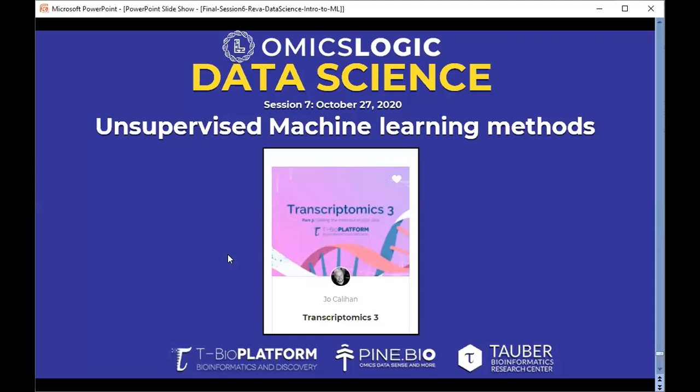In tomorrow's session we are going into details of unsupervised machine learning methods, and we will demonstrate how we can employ them on gene expression biomedical data. If you have any questions, you can ask, as we are close to the end of today's session.